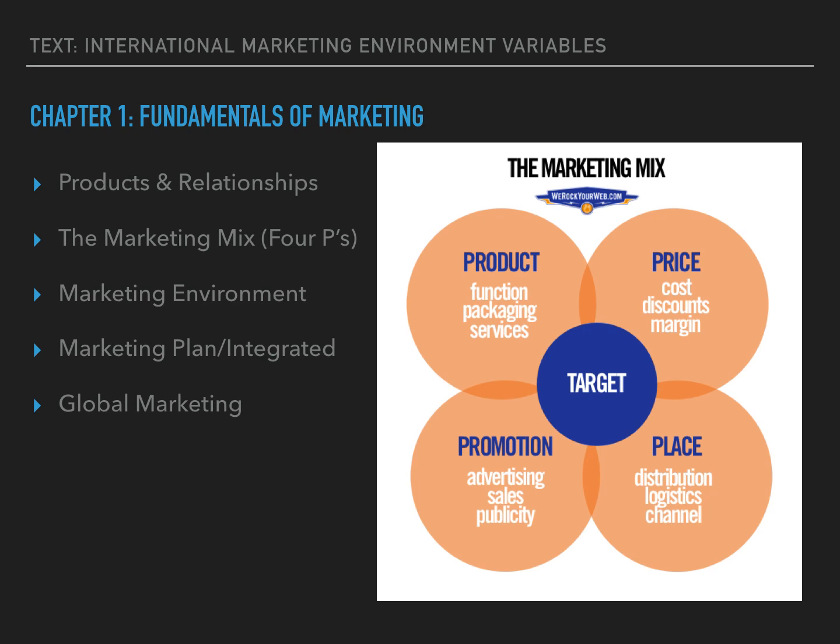You can learn more about them in Chapter 1, of course, but you would probably remember many of them from your Level 100 courses. Products and relationships, of course, being the key concepts of marketing. Know and understand the marketing mix, the 4Ps, and how they can be strategically used to more effectively reach our target audience or target market. Marketing environment, what are the environment variables that exist around each target market? Go through that list on the next slide, but also it is explained briefly in Chapter 1 as well.